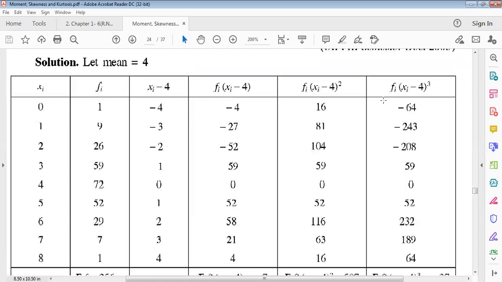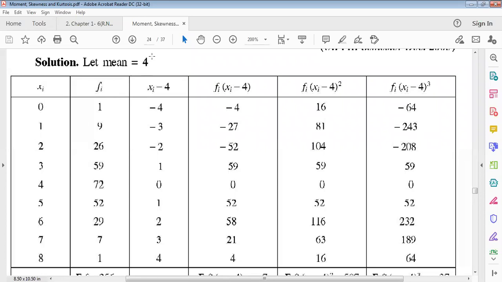Now take this data into this table. Then the first column will be just xi, and the second column will be frequency. Then we have to find out the assumed mean here. What will the assumed mean be? First of all, the lowest value is 0 and the highest value is what? 8. Now taking the sum, then divide by 2. That means 4. So this value will be the assumed mean.